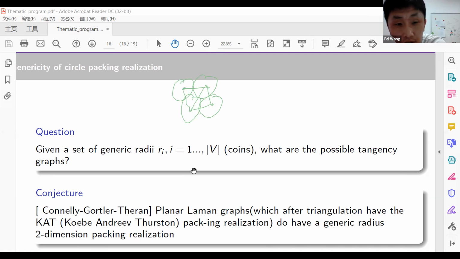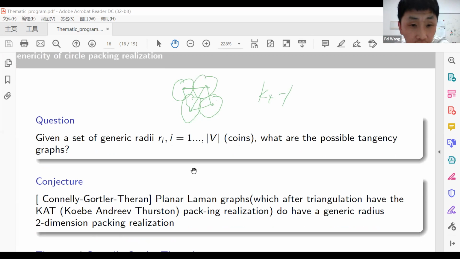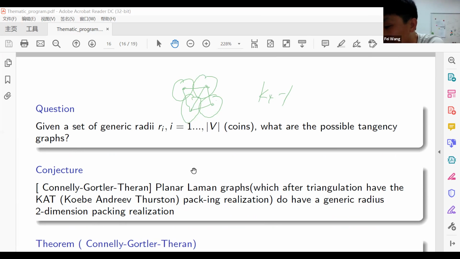Given this radius, given this point, what are the possible tangency graphs? So you can see from this example, this graph happened to be K4 minus 1. So it's a Laman graph. Then there's a question which asks if this is always true, right? If you have generic radii of coins, then if you squeeze them, I have a bunch of coins, I just press them together until there's no possible movement,